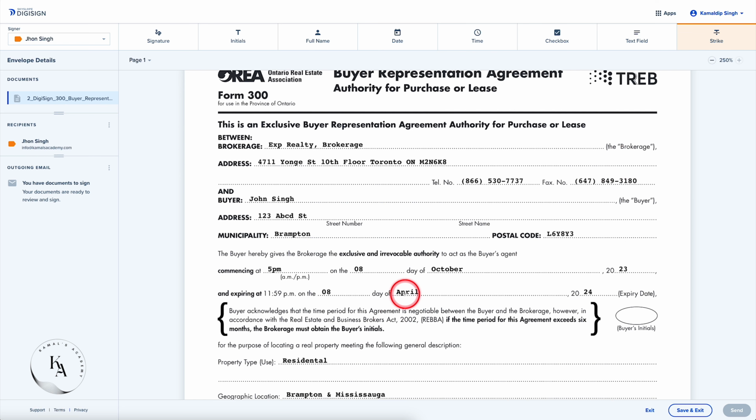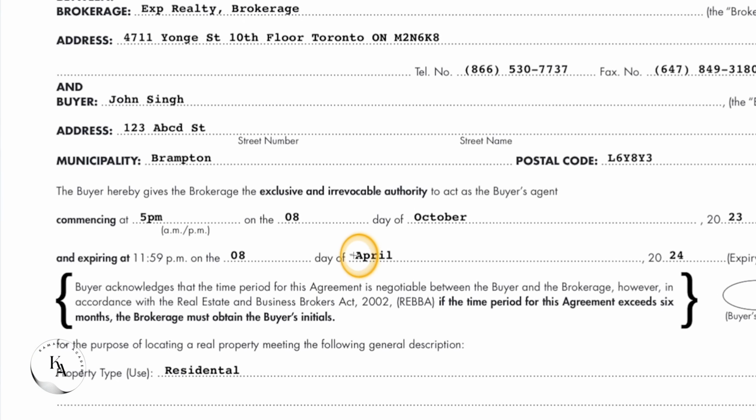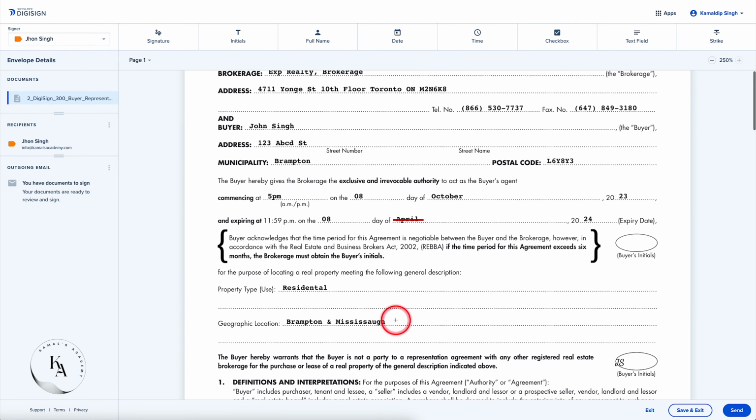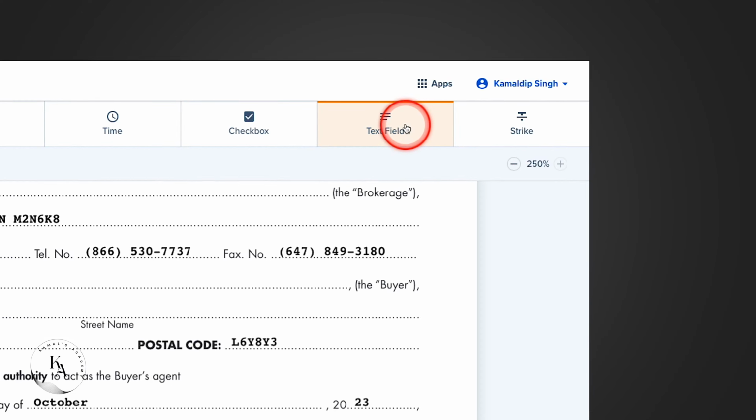And simply click and drag on top of April. And we get this menu pop up. I will choose red. So it's just more visible. Right. And you can click on it again and adjust it. Make it longer if you need it. Okay. And here I will click on text field